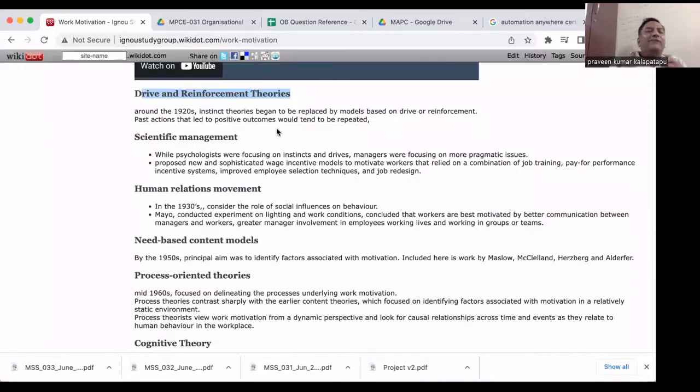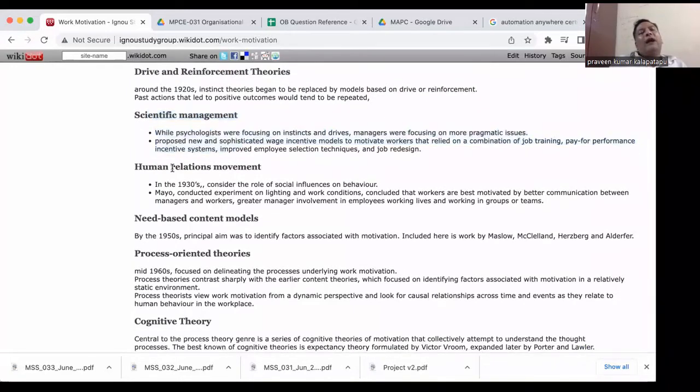And then it went into scientific management, where people started thinking about how they can improve motivation. So if I increase the wage, am I going to motivate an employee? Or if I do this, is there any motivation that I can generate? So there were scientific management techniques that came into existence. Okay. And third, after that, the human relation movement started, where